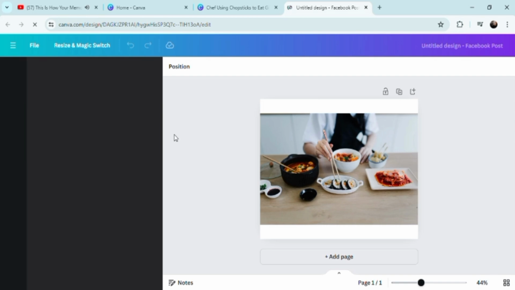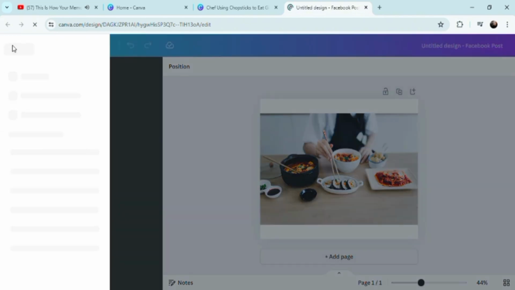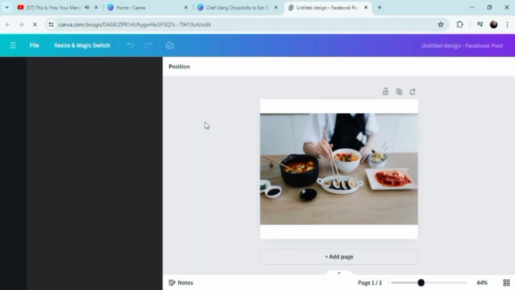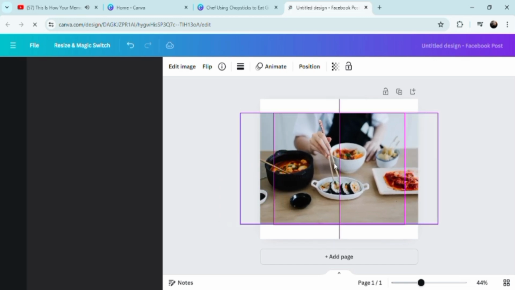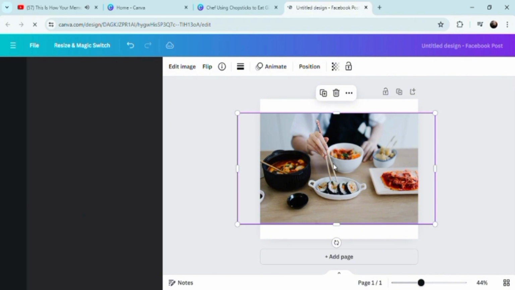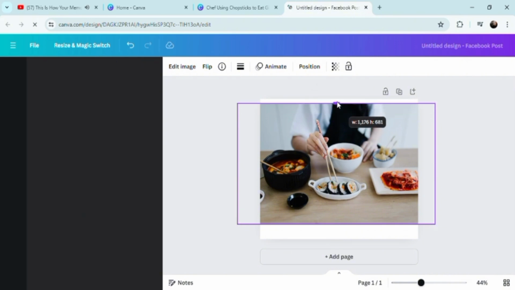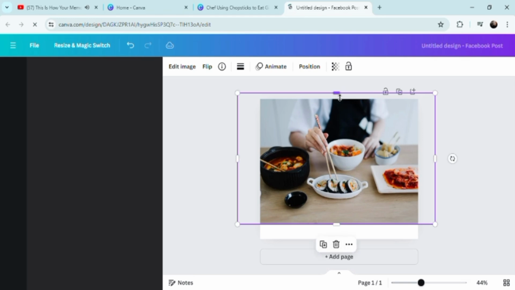Canva operates as a cloud-based platform, meaning users can access their designs from any device with internet access. This flexibility enables seamless work from home to office. Canva provides options for printing designs directly from its platform, ensuring that designs are optimized for print quality. Designs can be exported in various formats as well, including PDF,